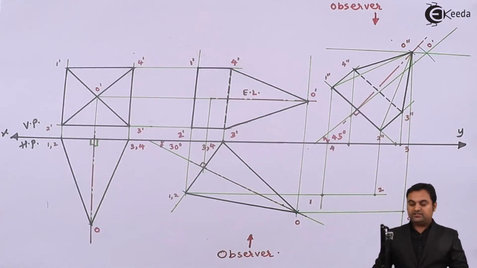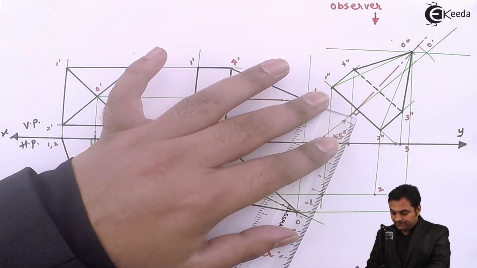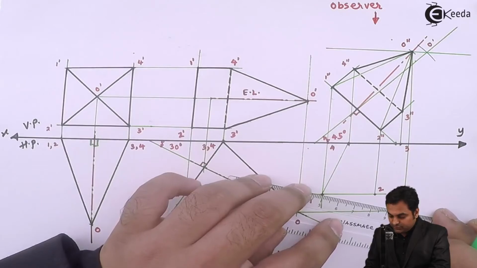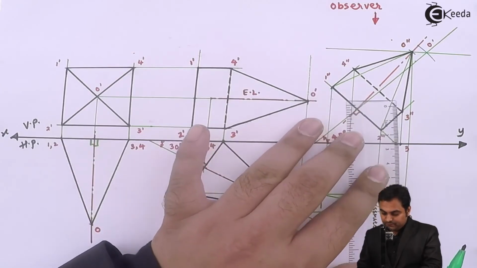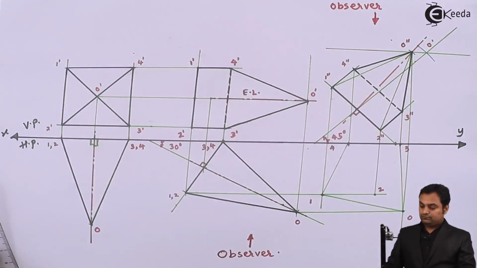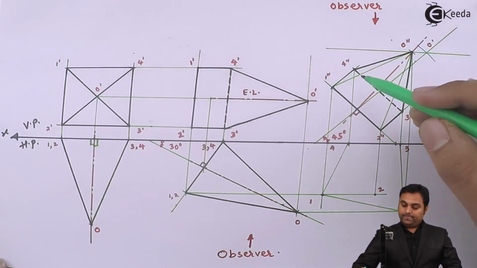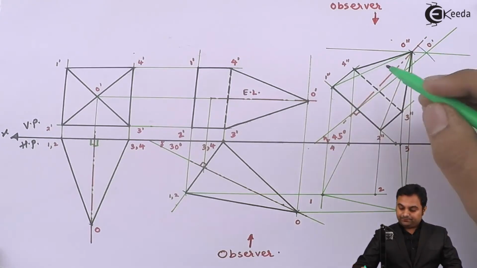Now how to connect these points? The outline of the drawing is never hidden or dotted. So first I'll draw the outline, that is connecting 4 to 1. Next, 1 to the apex O. Then apex to point 3. Now, if the observer is looking from the top, then this edge 1 to 4 will be visible, and along with that, here